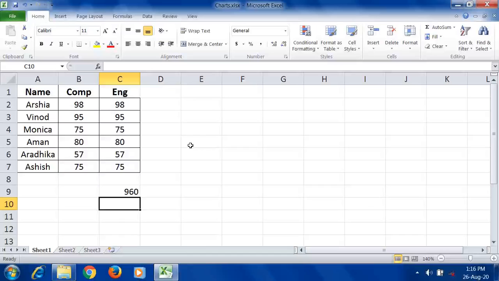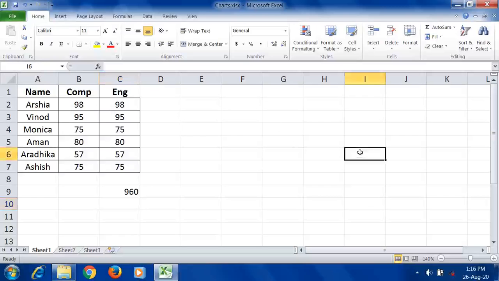So next is the name box. The name box is located just above the column heading. So this is the column heading, and above it we have the name box. Now what is the use of this name box? The name box displays the address of the active cell. This area displays the location of the cell pointer. In simple terms, the cell which is active, that address will be displayed in this name box.